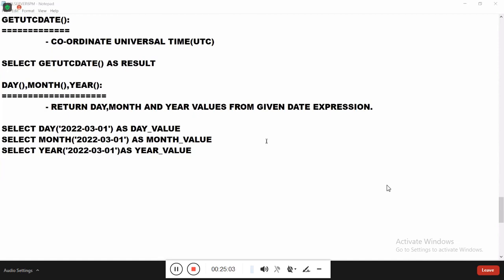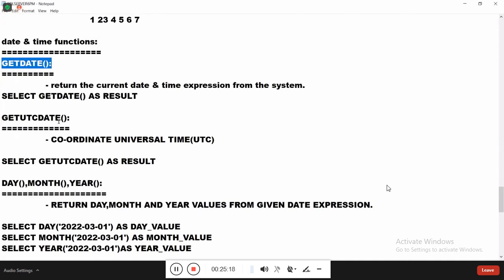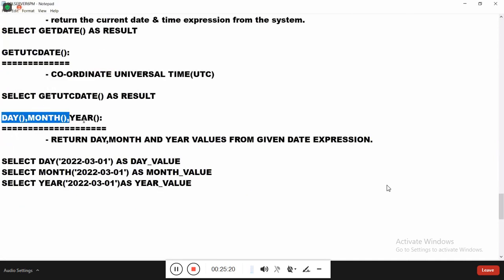Okay. Right. So guys, here we started functions yesterday, and we are discussing the date functions. In date and time functions, we discussed GETDATE and GETUTCDATE, DAY, MONTH, and YEAR in the last class, guys. And the next, continuation of date and time functions here, the next function is called, guys here,